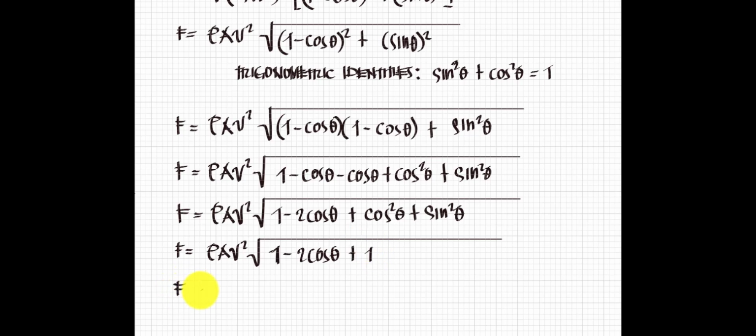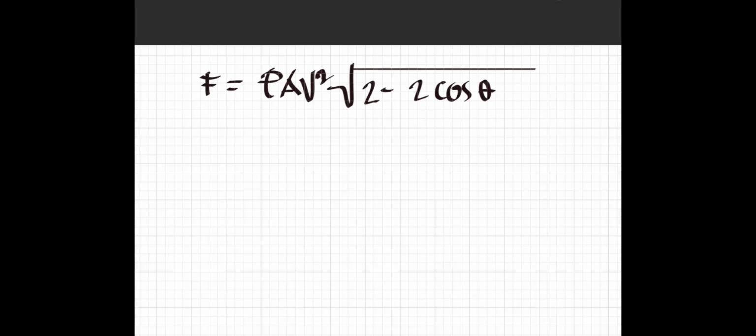Okay, so we can express now our equation as your density, area, velocity squared. So we have your square root. So this is now, so I'm going to add to this. So we have 2. So this will become 2. So this is 2 minus 2 cosine of theta. So continuing our solution here, we can further express this one so that we can attain the trigonometric identities for